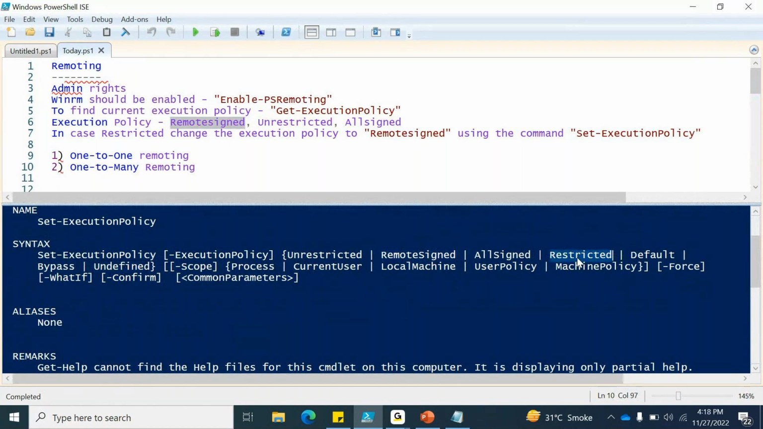So some servers have unrestricted. Based on my experience, I could see these repeated execution policies, but it depends on the project and the environment, right? So if you find anything apart from unrestricted or remote signed, say it is restricted, then you can't do anything, right? So if it's restricted, then you have to set the execution policy